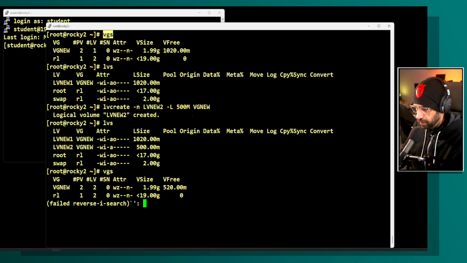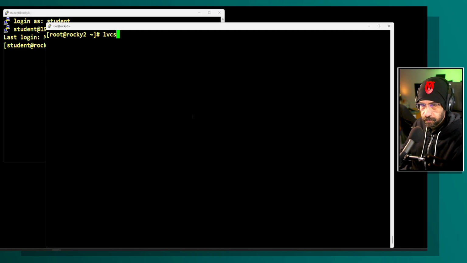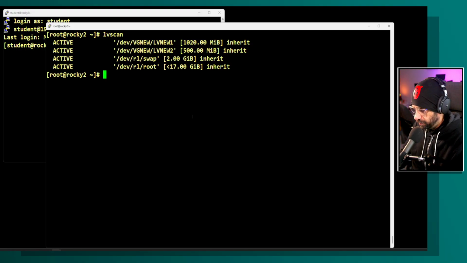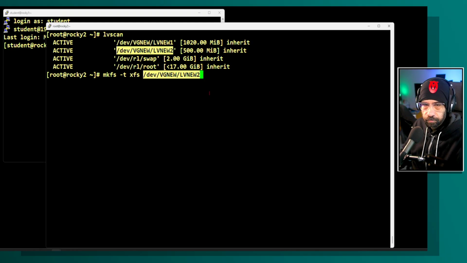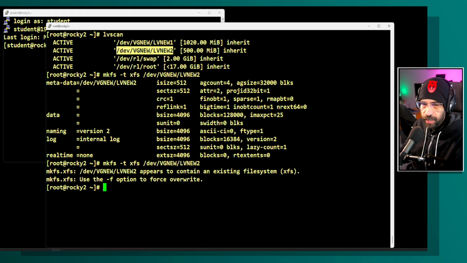You create a file system. LVS, lvscan. Form of mkfs -t xfs. This is the new one. Remember, if you format twice, you will get notified. So it's almost impossible to format a drive twice without getting warned. So you should be good to go. So mkdir /mnt